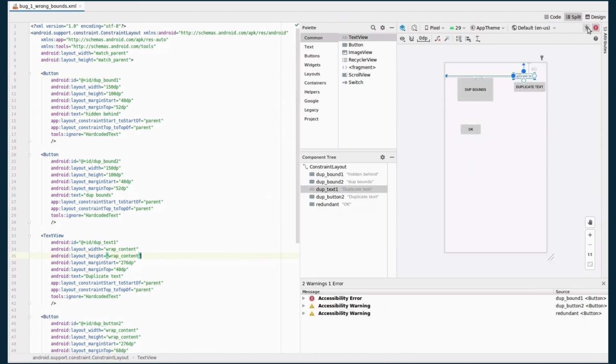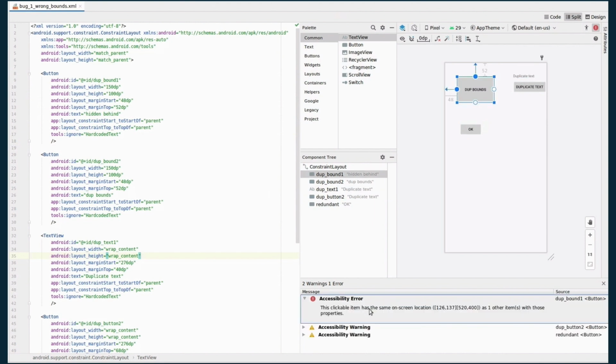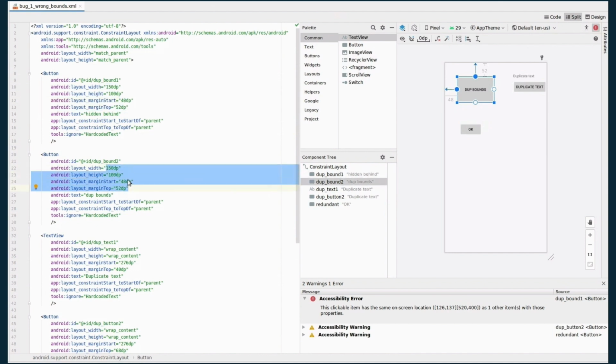So here is a quick example. You see that the different errors appear in the error reporting panel, and those are accessibility related errors. So there's a lot more that we want to do there, but it's something that we are really keen on, and I think it's going to make your applications a lot better as well.